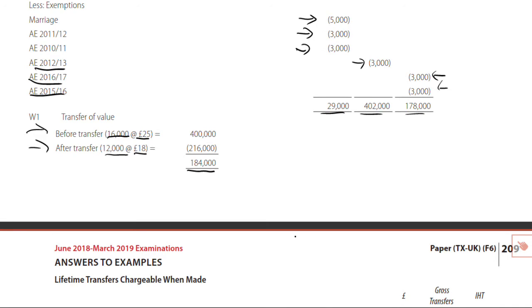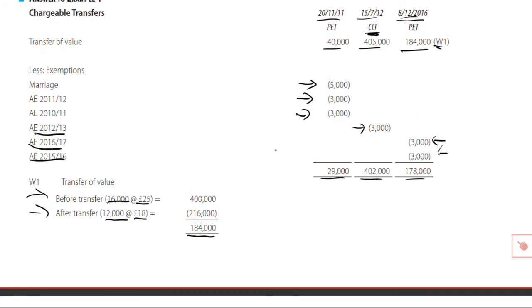Hopefully you can see at the bottom of the screen there, where we have got a little inside a value column, a pound sign there, a working column to record the chargeable transfer. We then want to know the gross transfer, and we want to know the IHT. Okay, so there is one CLT. It is July 12. There is our chargeable transfer,